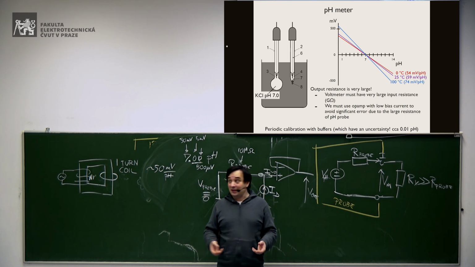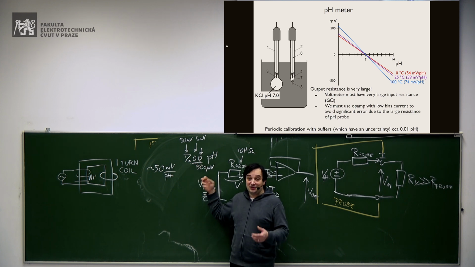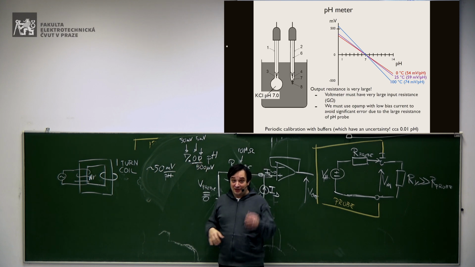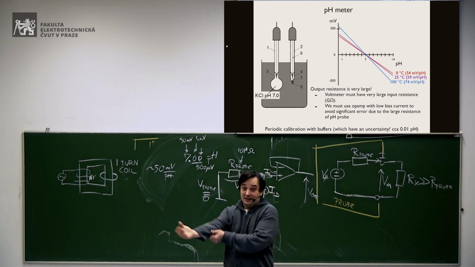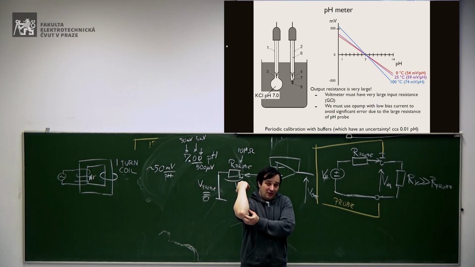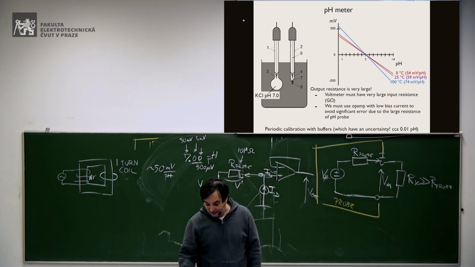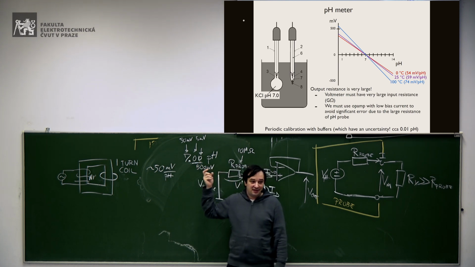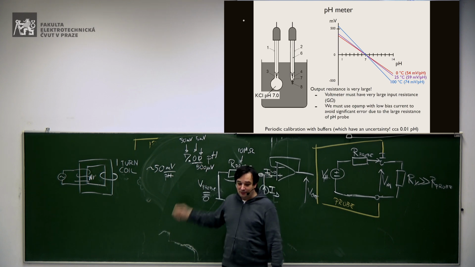It's not possible. So they will show you 2 decimal points, but if you do the math and check which bias current you need to see that number correctly, you find out that you need an operational amplifier with such a low bias current that you definitely cannot afford it for such cheap instruments. So this number is there, but it's pointless. It's not precise enough to have any meaning.